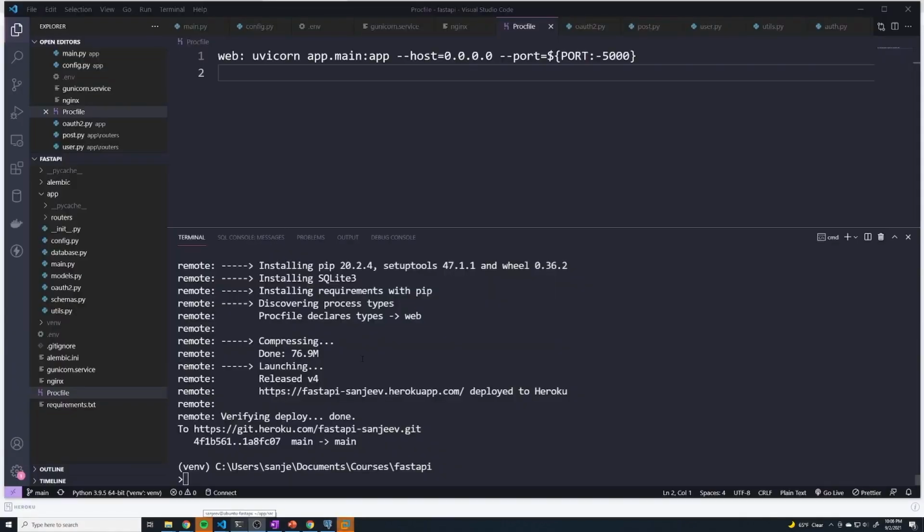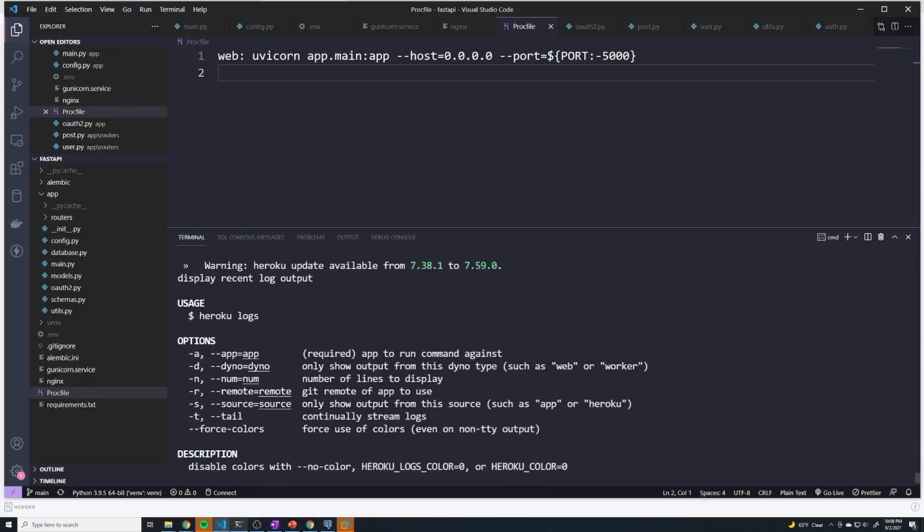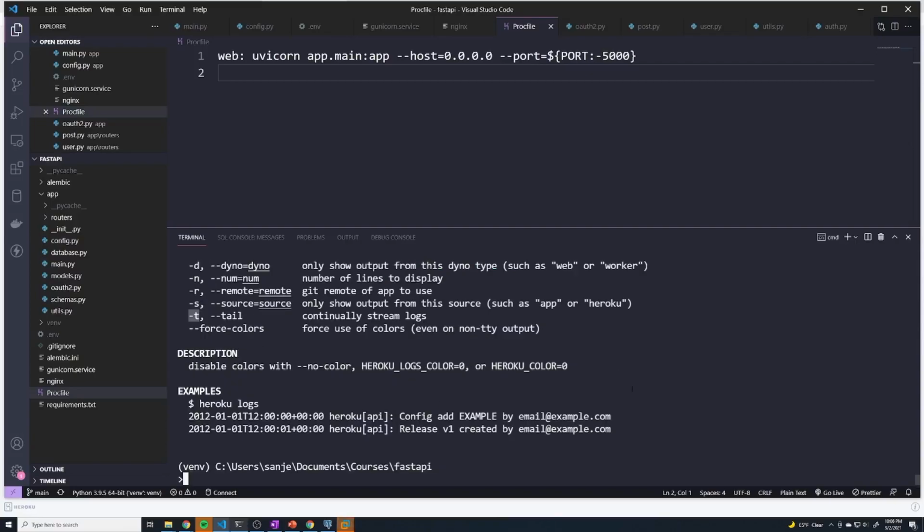the next lesson. Anytime your application isn't working on Heroku's platform, they have a really easy way of accessing logs. So we can say heroku logs, and then I'm just going to do a --help just to see what options we have. And so here we could specify the app, or we can just dump the logs for all of our apps. But what I'm going to do is I'm going to pass in the -t flag so we can tail the logs as things happen. So if I do a -t,